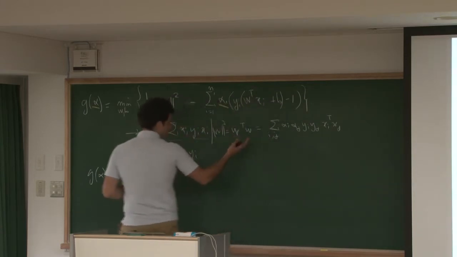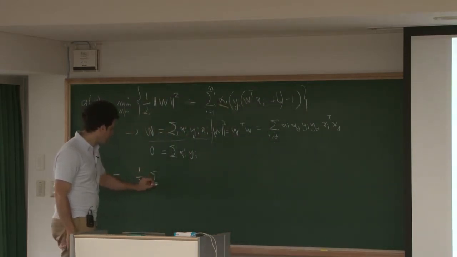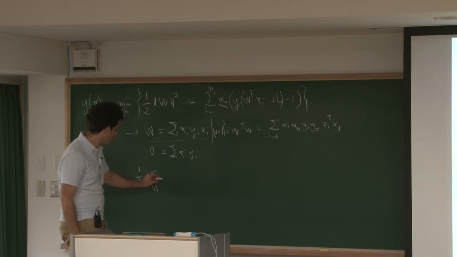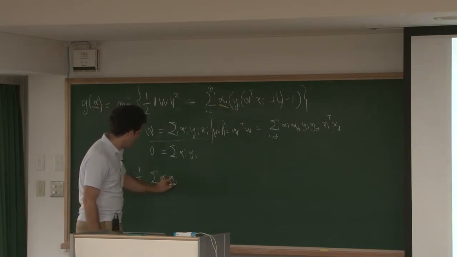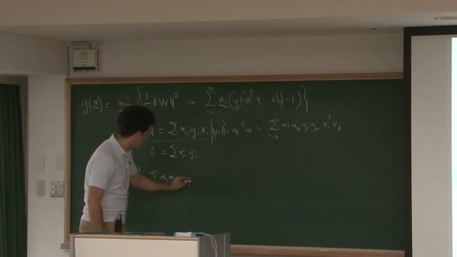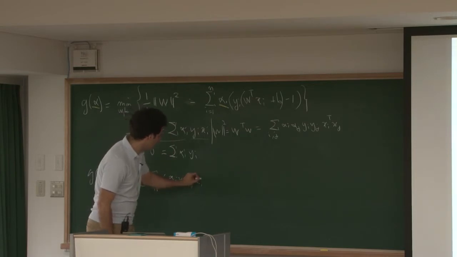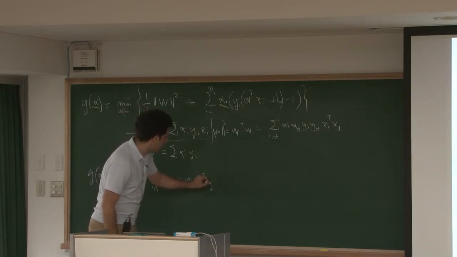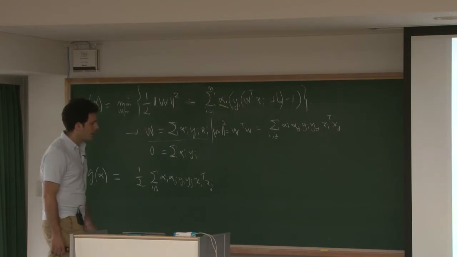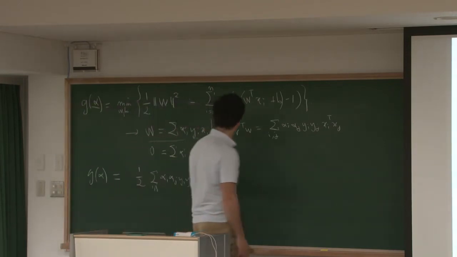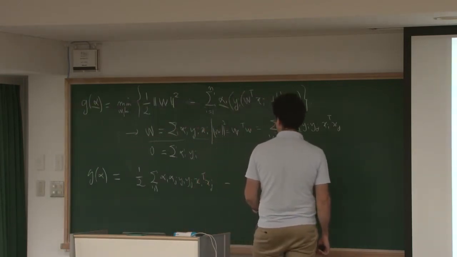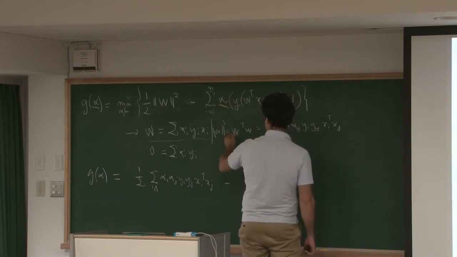So I'm going to have this big term here, alpha I, alpha j, yi, yj, xi transpose xj, minus